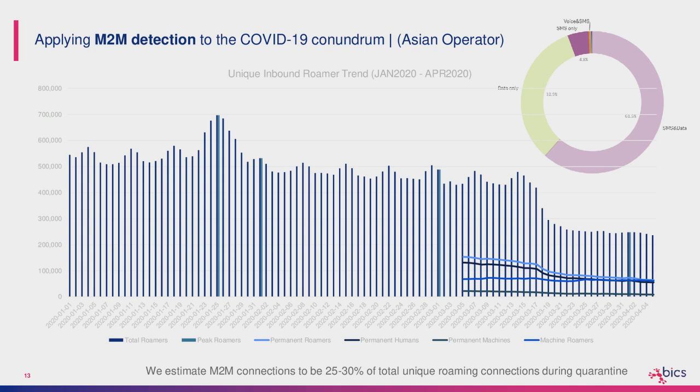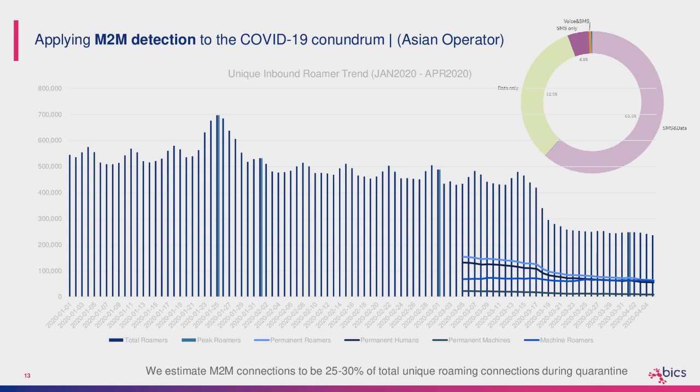And I started by tracking, first of all, the general number of unique roamers in Asia and Europe for a given operator in each region, and then adding on top of that layers of information to make it a little bit more interesting. Because the cool thing with data science is it allows you to tell different and more interesting stories about the data. It's the same data. Now, if you think about my core data here, I have a way to tell unique roamers, and I have a count of these roamers, but I don't know if they're humans or machines initially.